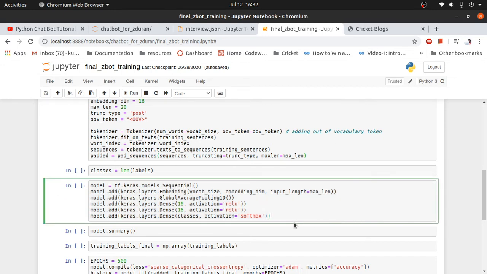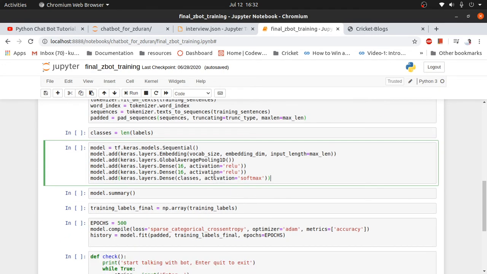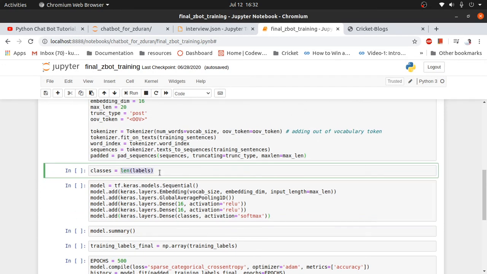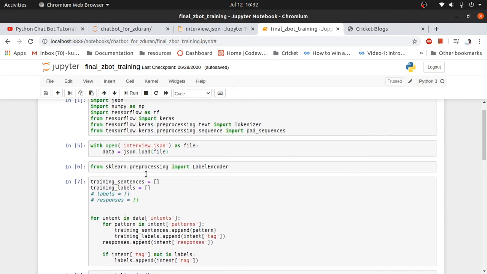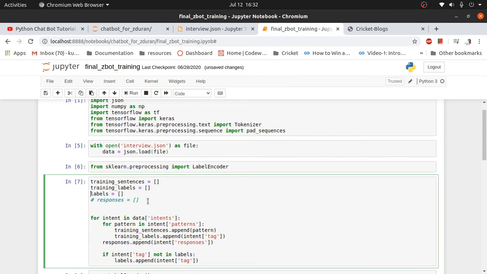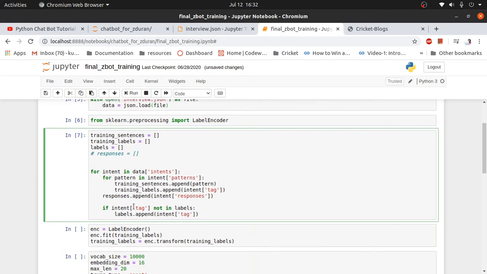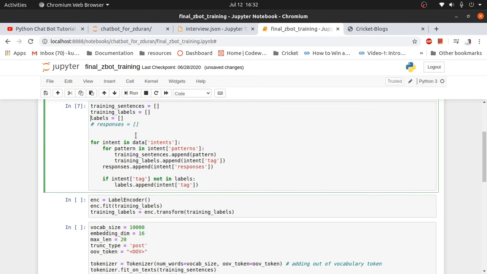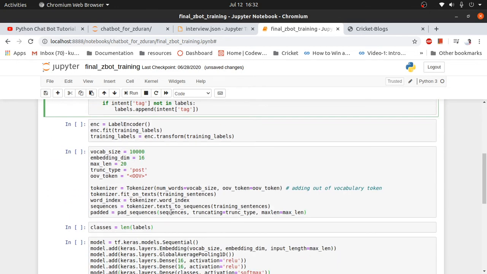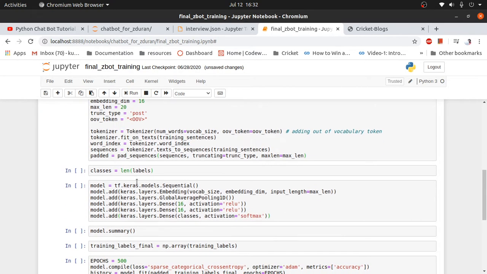So I created these layers, I embedded it, and then with the help of softmax activation, how many classes we have? These are the labels, and that many units we have here. The softmax will assign a probability to what we inputted.